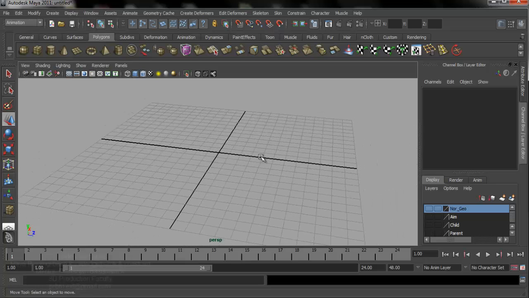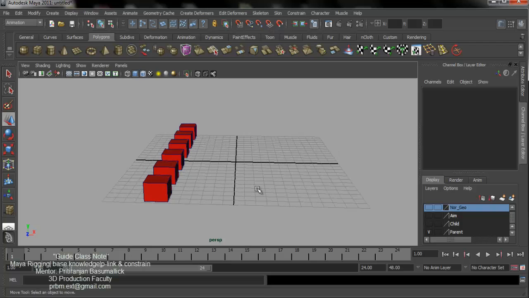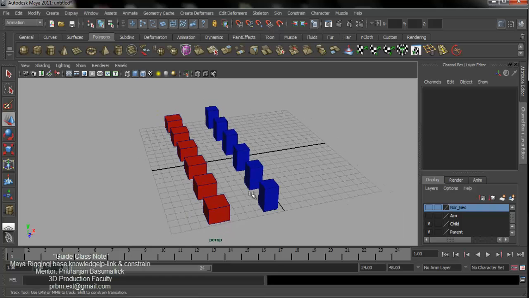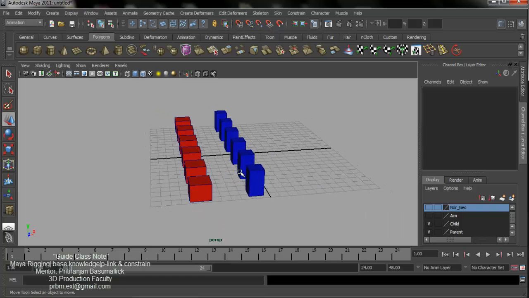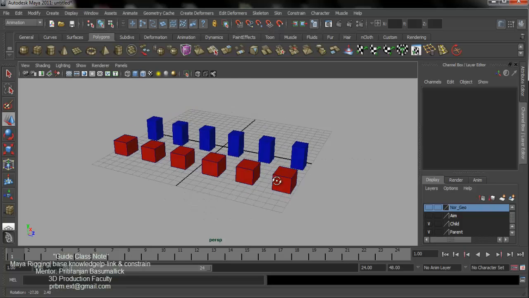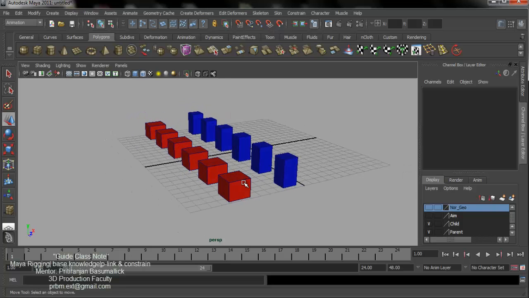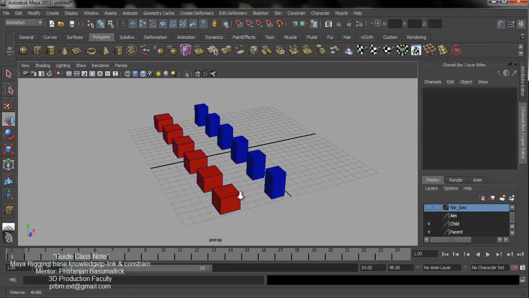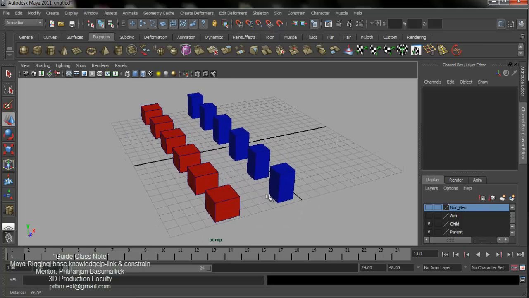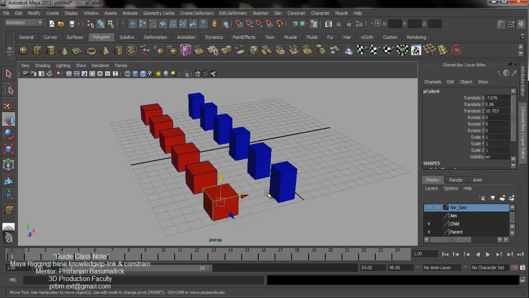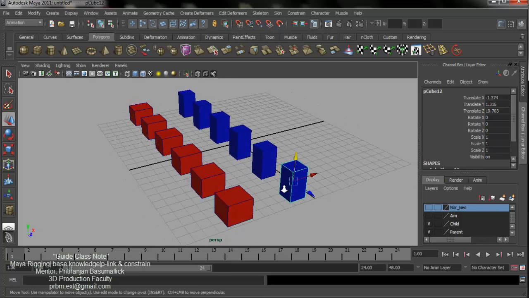Okay. So first of all, I open my basic setup. Okay, there are some boxes. When I, as a user, am going to give some connection, there is a parent-child link relationship when I go to build it. So what happens? The user defines what is the parent and what is the child. In that case, I decided that this red box is my parent and the blue box is my child.